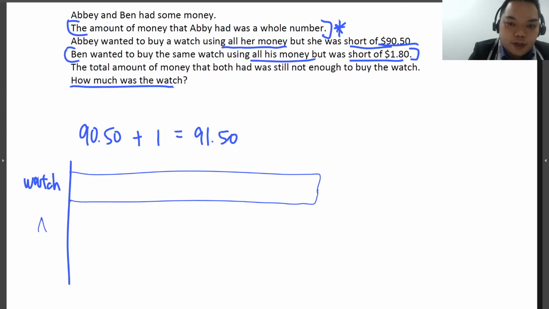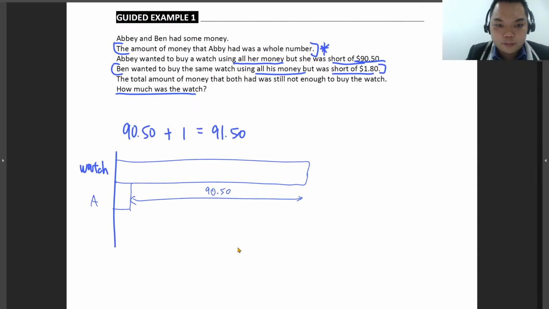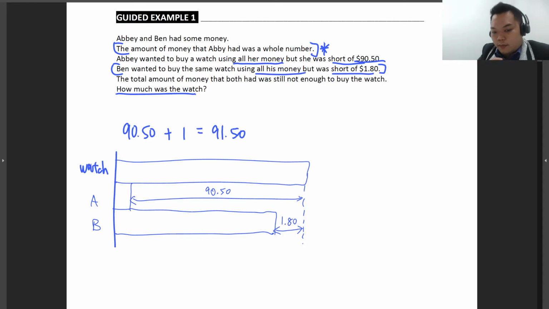Right? We have Abby here, who is short of $90.50, and we have Ben here with slightly more money but still short of $1.80. Okay? Now, because this amount has to be a whole number,